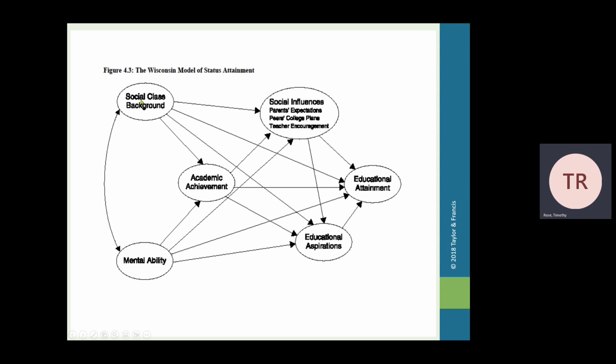And while all this is going on, we have something on the same level as social class background, which is mental ability, doing the same thing. And we're estimating all of these statistical relationships at the same time while calculating both direct and indirect effects. This is very mathematically intense. The great thing is we have software that does this, where you could basically create a visual representation of the model you want to run like this, and so long as you have all of your data properly collected and coded in your statistics software, it can run the math for you and then spit out a series of results.